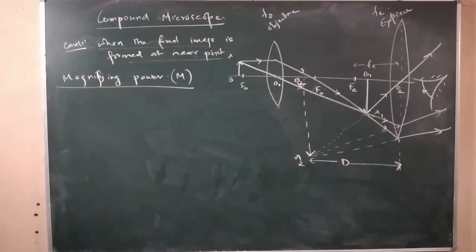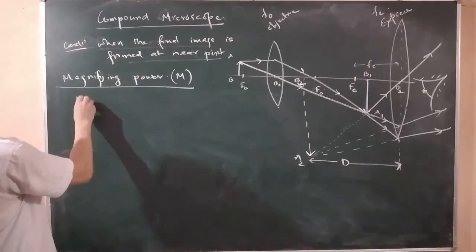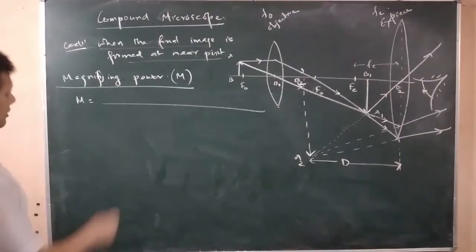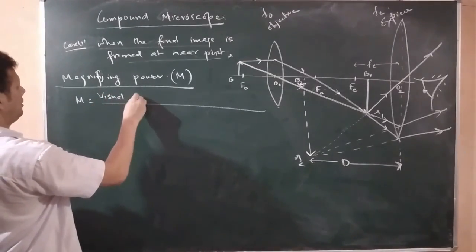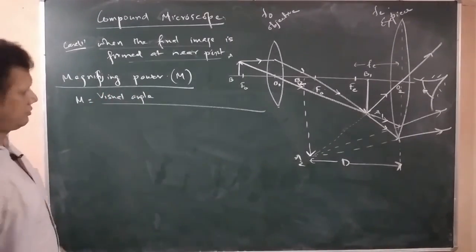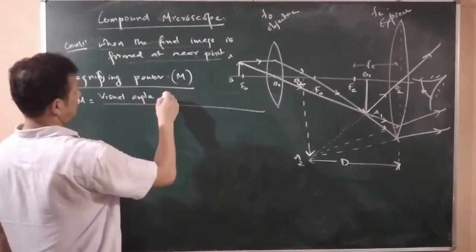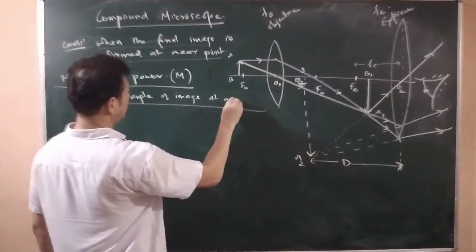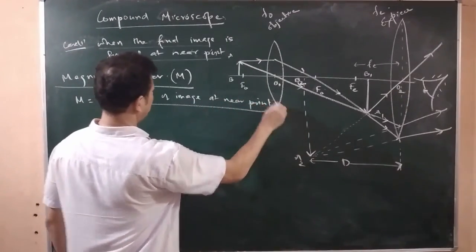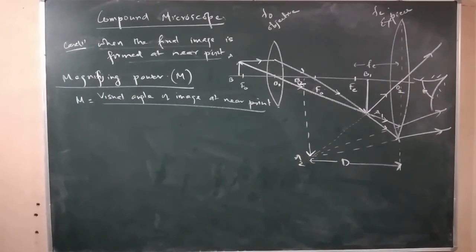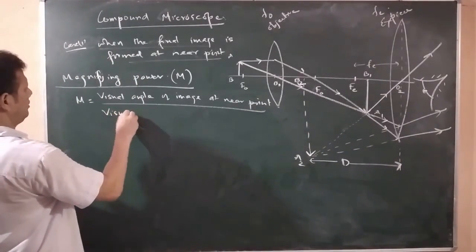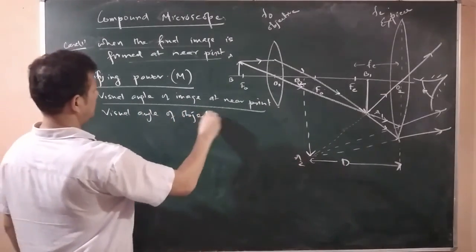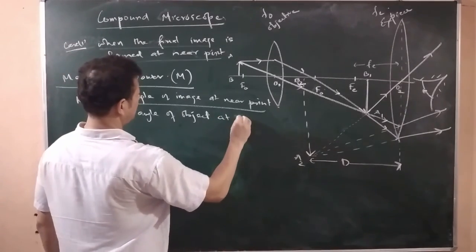Magnifying power M, and the formula of magnifying power is what, it is a ratio of কি আছিল, মনত আছে নে, ratio of visual angle of image at near point, visual angle of image at near point divided by visual angle of object at near point